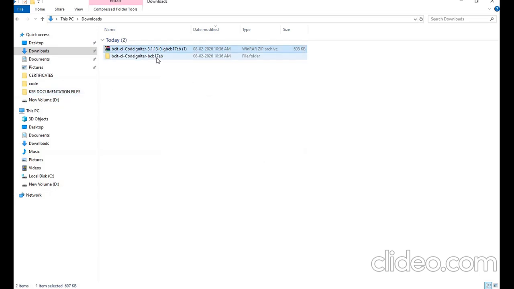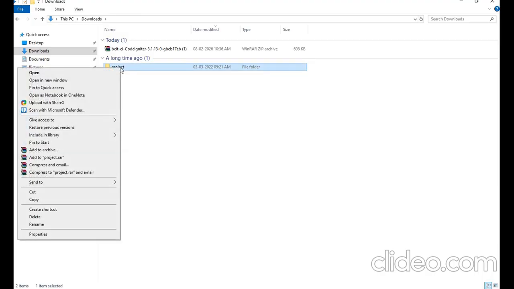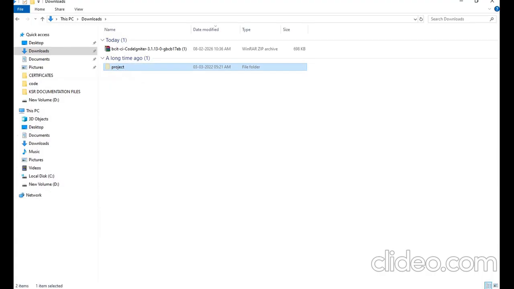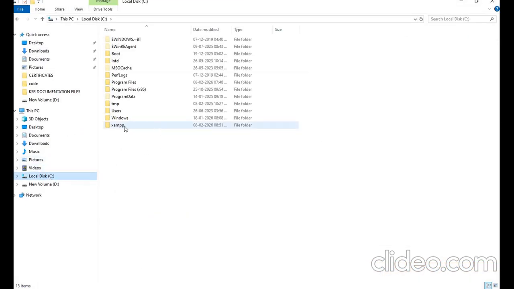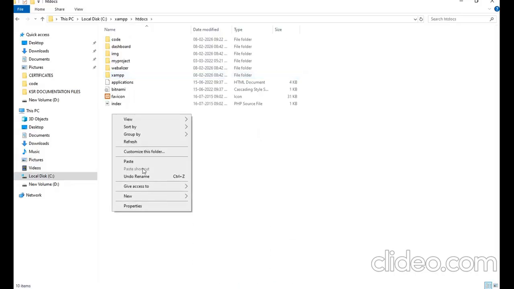Okay, and change the project folder name. So cut this one, cut to C drive, XAMPP, htdocs and